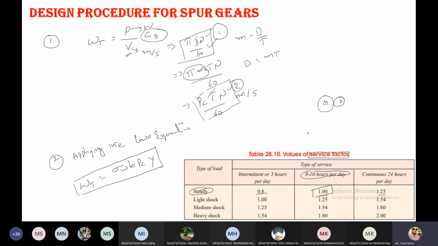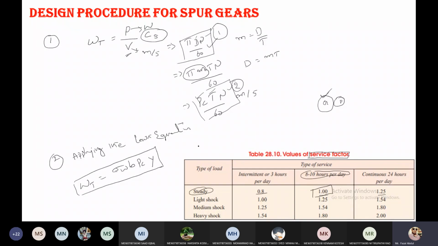The design is nothing but designing for whichever is the weakest one in such a manner as to overcome that failure. Suppose the gear is the weakest one; whenever we apply the load, it is going to fail. So first we have to identify the weakest portion, then overcome that weakest criterion, and indirectly we are overcoming the failure criterion.